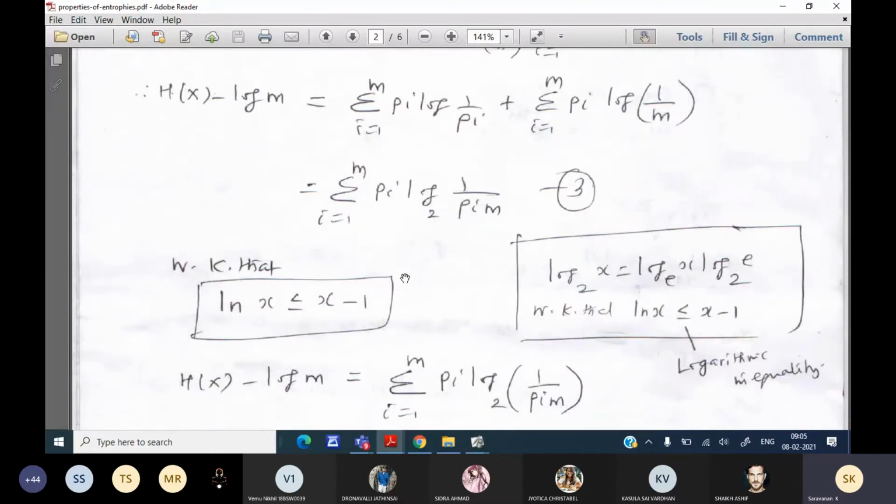Once you write this expression, we are going to apply the logarithmic inequality. This is a standard formula. We know the logarithmic inequality: ln x is always less than or equal to x minus 1. So when you write this,